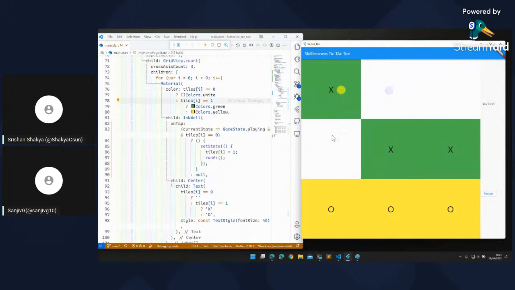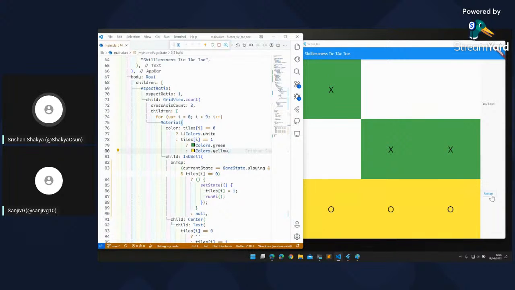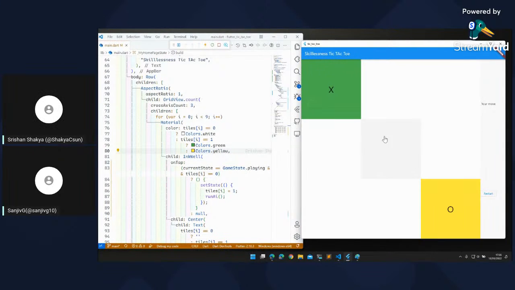When the game is drawn, then what should we do then? If the pointer shows yellow, then it means I have left clicked, and if it shows blue, then it means I have right clicked that area. So right clicking doesn't do anything.